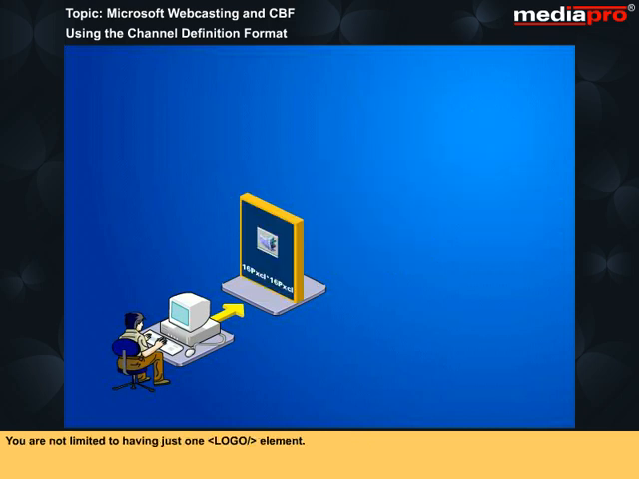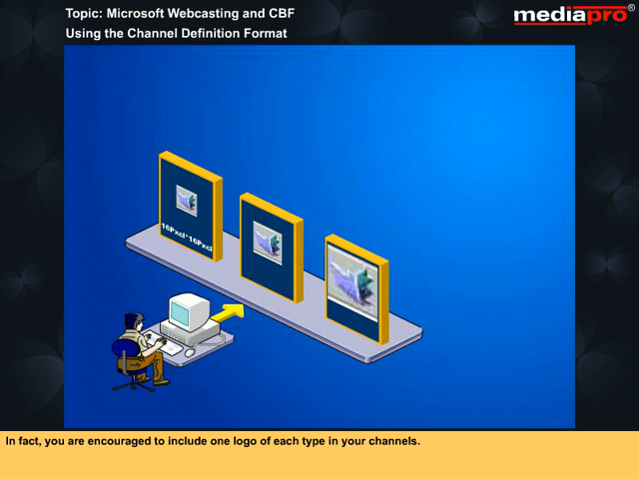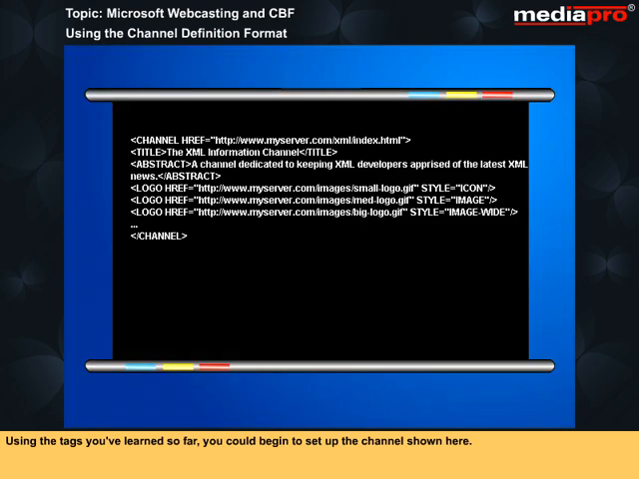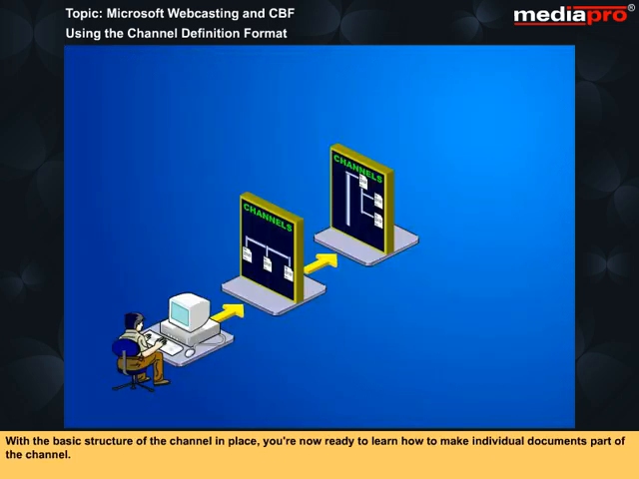You are not limited to having just one logo slash element. In fact, you are encouraged to include one logo of each type in your channel. Using the tags you've learned so far, you could begin to set up the channel shown here. With the basic structure of the channel in place, you're now ready to learn how to make individual documents part